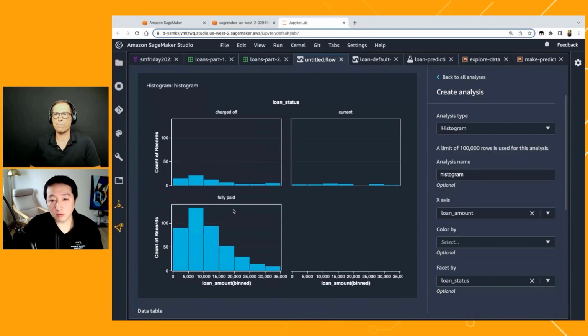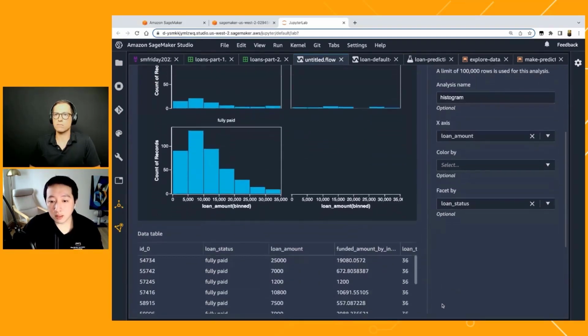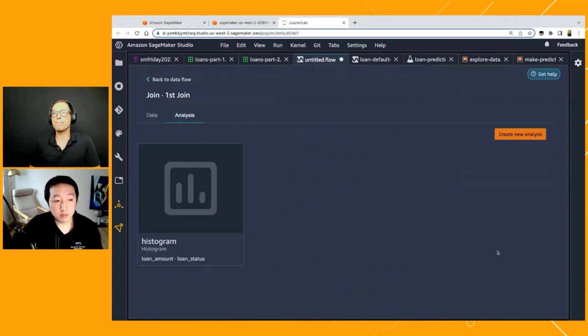So one conclusion is that this data set is a little bit imbalanced in terms of the categories in the target variable. But number two is that you can see the distribution of how many people are taking out loans in what amount. It gives us a first good understanding of the data distribution. But this is just an example, right? We're just looking at loan amount. You can definitely look at some other distributions.